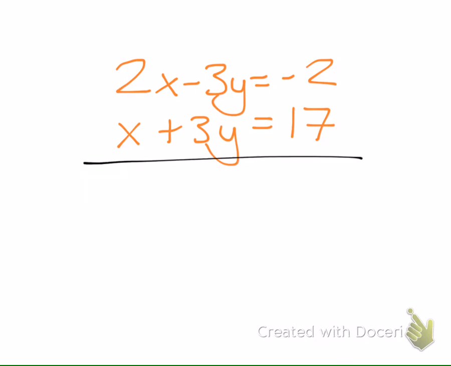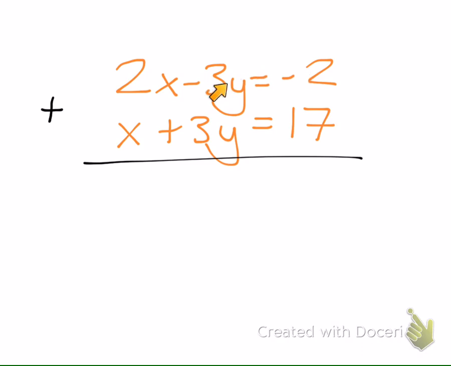So looking at this one, we want to decide whether to add or subtract. If you're ever unsure, you could just try both, right, and see if one's going to eliminate. I'm looking at the x's, 2x and 1x, and right now there's no way I can eliminate those as they sit. Right? I can add them, it'll be 3x, I can subtract them, it'll be 1x. So I'm looking at the y's here. I have a negative 3y and a positive 3y. If I subtracted them, negative 3 minus 3 more would be negative 6y. So that wouldn't eliminate. But if I add them,